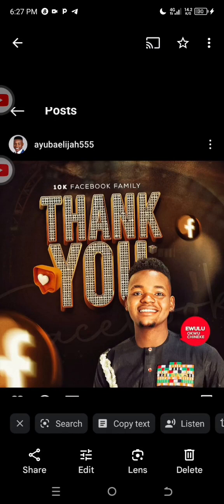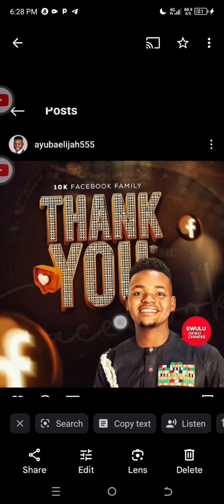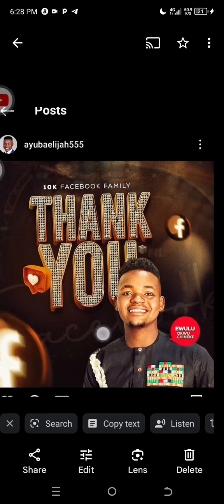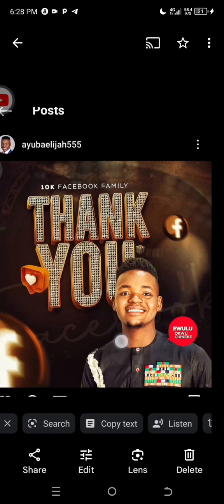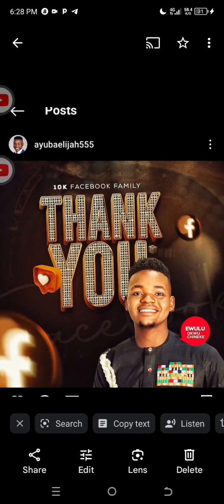So in recent times I've been getting a lot of questions. How do you blur your icons? How do you blur stuff, items, characters on your flyers? Now this particular flyer was designed by Ayuba Elijah, and I'll be using this particular flyer for example. I'm not designing the flyer, I'm just showing you how to blur your icons and